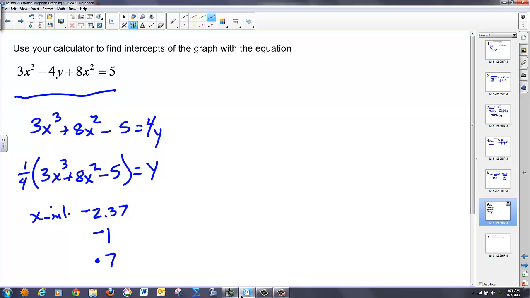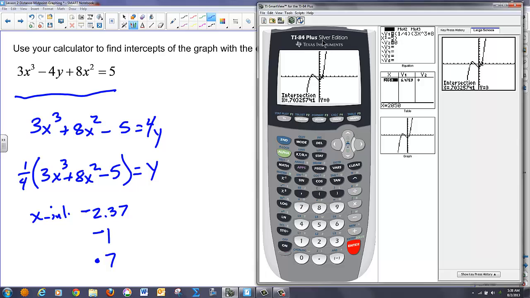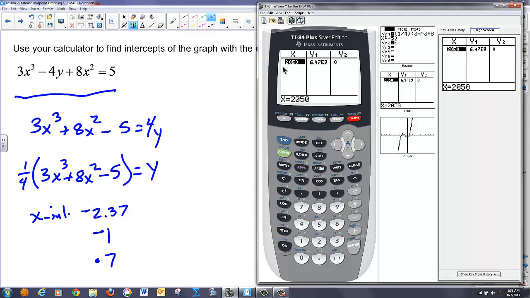Now unfortunately, the calculator won't graph a vertical line because it only graphs functions, and we know vertical lines aren't functions. So what I've got to do is look at my table to find out what the y value is when x equals 0. So here's what I'm going to do next. I'm going to go second, table, and right now I have my table set up in a special way. Let me show you how to get to that. We're going to go second, table set,